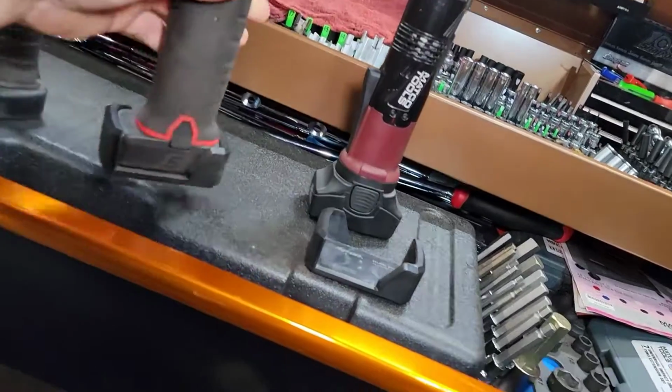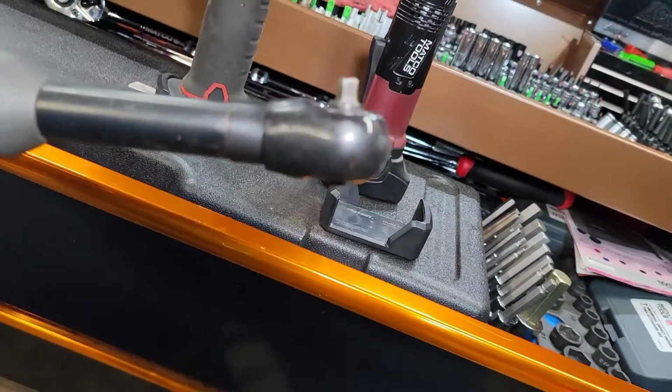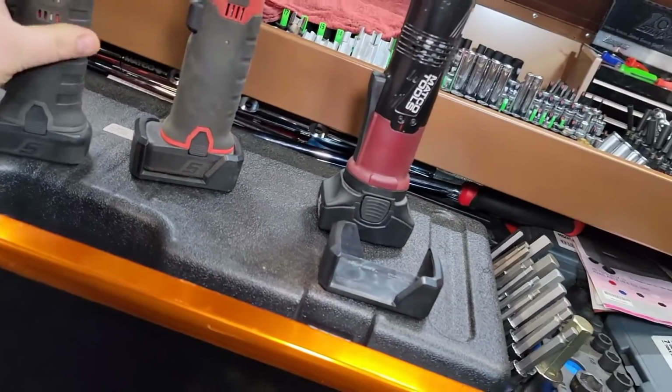You look at the speed on that. A lot faster. Not only that, the trigger